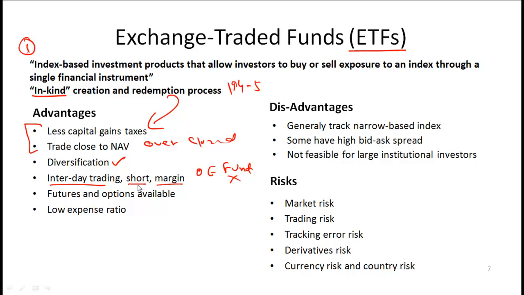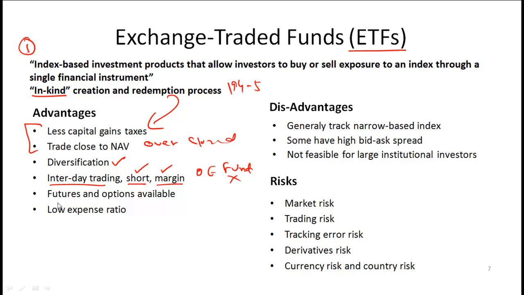Another point is that ETFs can be shorted, and you can buy them on margin and so on. So essentially the shares can be treated like any regular shares on the market. Is this an advantage or not? It really depends. If you are the sort of investor who is holding these shares for the long term, then obviously intraday trading does not really matter. If you don't generally do short transactions or you don't buy on margin, then this isn't really an advantage.